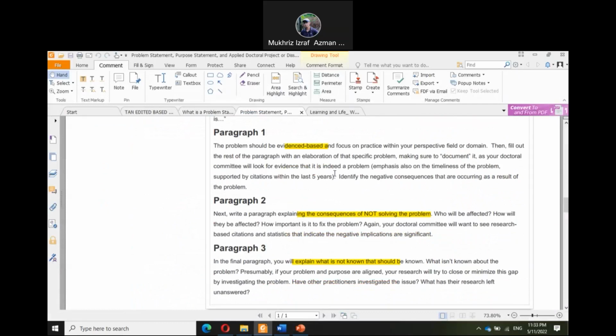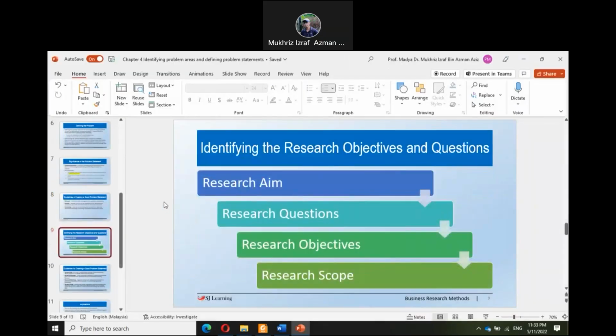But for our next class, this coming Wednesday or Thursday, what I want every group to prepare is a brief, just a 1-page draft of your problem statement, based on the topic that you have decided to do. Then I want every group to bring, kalau boleh print out, your problem statement, just a draft of 1 page, not 2 pages, double spacing or whatsoever. How do you plan to write a draft of your problem statement, so that you can bring it to our next class and we can discuss it,